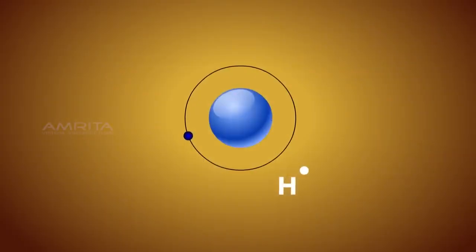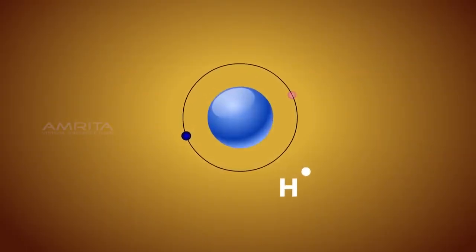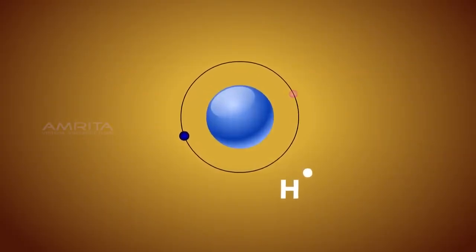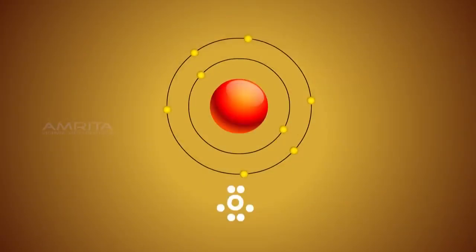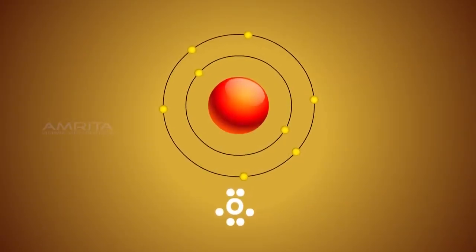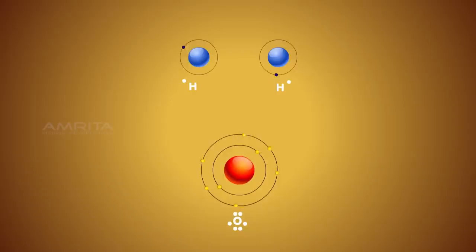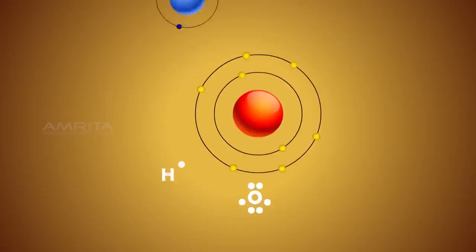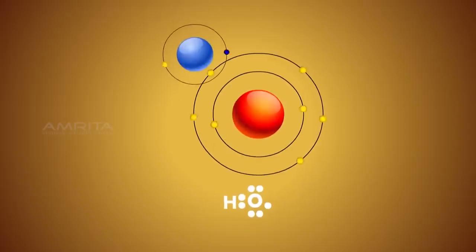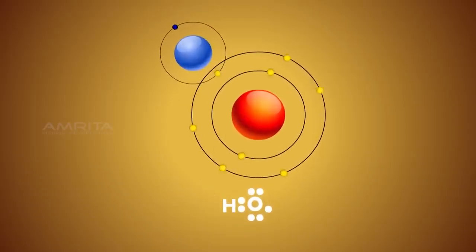The hydrogen atom with 1 valence electron needs an additional electron to complete its first energy level, and oxygen atom with 6 valence electrons needs 2 additional electrons to complete its second energy level. As one hydrogen atom and one oxygen atom collide, a covalent bond is formed by the sharing of electrons between